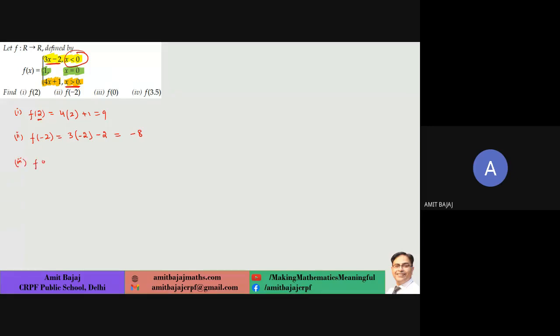Third part, f of 0. Clearly 0 के ऊपर आंसर फिक्स बताया है as 1 only. Fourth part, f of 3.5. f of 3.5 पॉजिटिव वैल्यू है, x पॉजिटिव है, तो सिंपली नीचे वाली डेफिनेशन यूज हो जाएगी. You will have your answer. I am adding a new part, f of say pi. What is the answer?